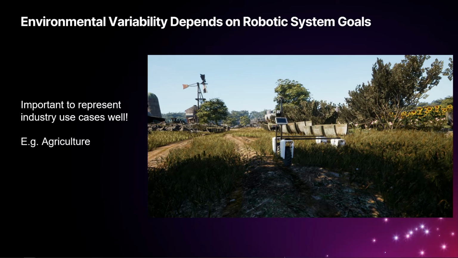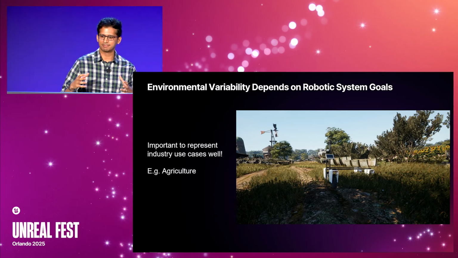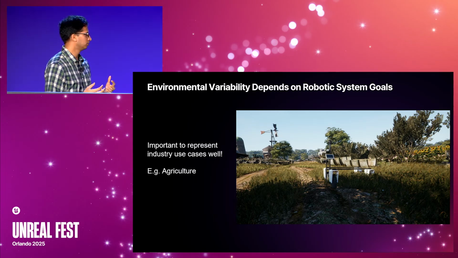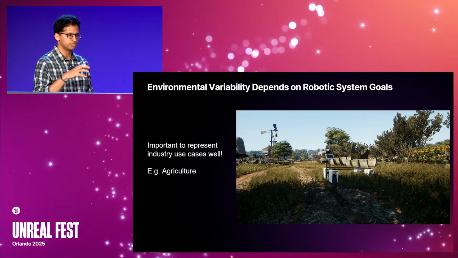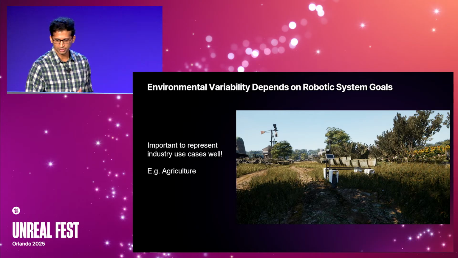Like autonomous agriculture means you need farms, you need these specific agricultural robots that have a certain kind of make and model or dynamics and stuff like that. Sometimes these things actually come equipped with arms so that they can go pick fruits or something like that, which is obviously a lot more complicated than just having a wheeled robot.